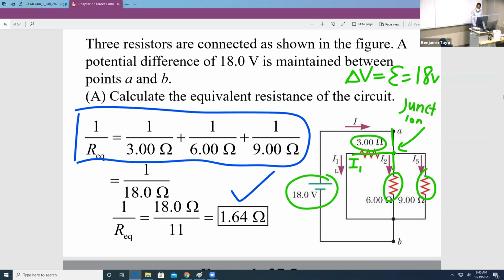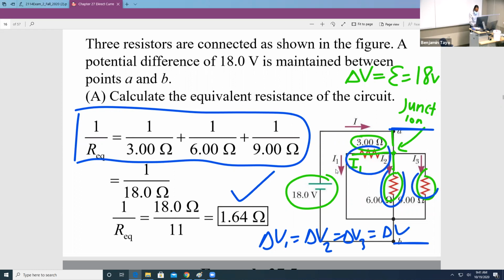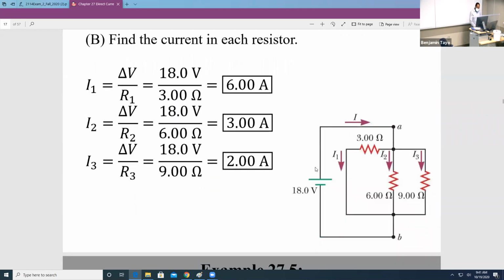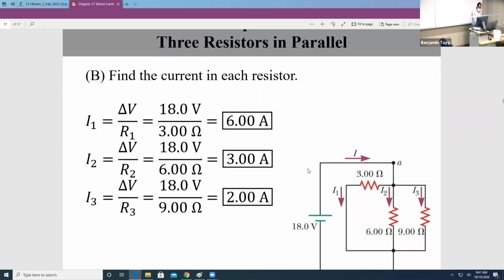Now, if I know my R equivalent, I know that the voltage between this point and this point, my delta V1 is equal to my delta V2 is equal to delta V3, which is also the same as delta V. So each of these resistors is going to receive 18 volts. So I can go ahead and calculate the current. For example, I1 is delta V over R1. Because my delta V1 is the same as delta V, I can calculate my I1, my I2,